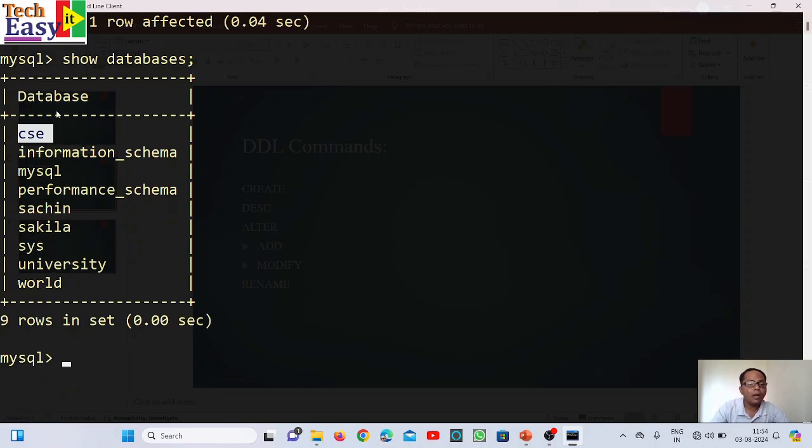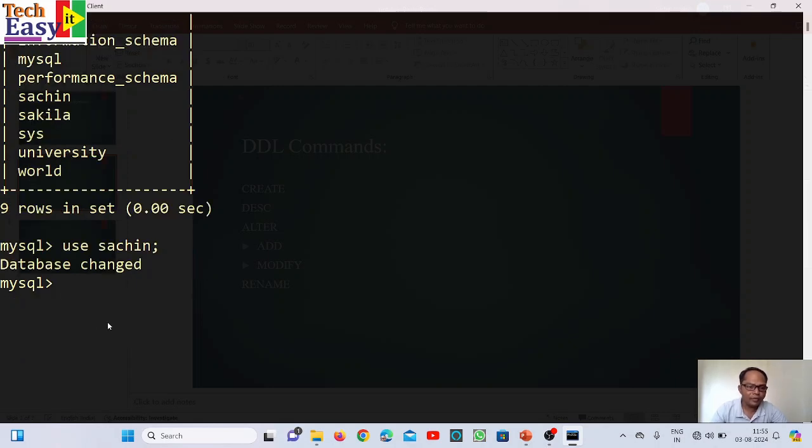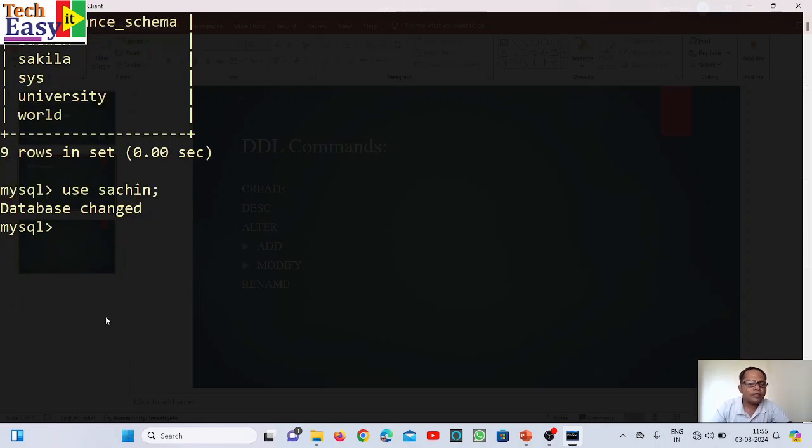Okay, out of these, if you want to use any one of the databases, then you need to write the command use. Here I'm going to use the database which I have already created by my name. Okay, and just press enter. Now you can see the database has been changed. That means you have simply entered into the database whatever you have chosen. So the first command I'm going to discuss with you all is about